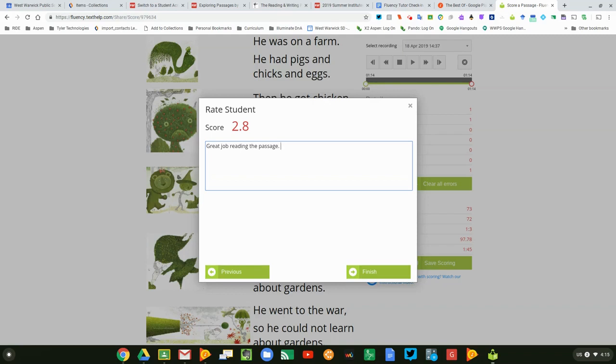I really don't want to focus on anything because some of the words that were an issue aren't really appropriate for me to talk about explicit instruction at this point. So I'm just going to click Finish,